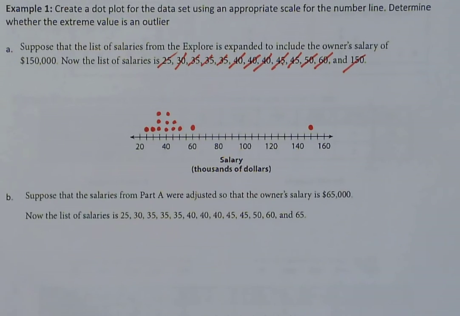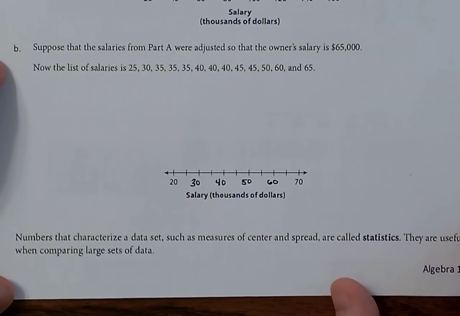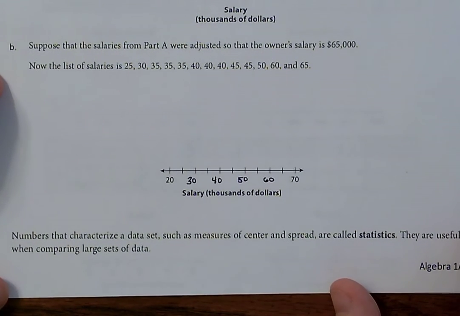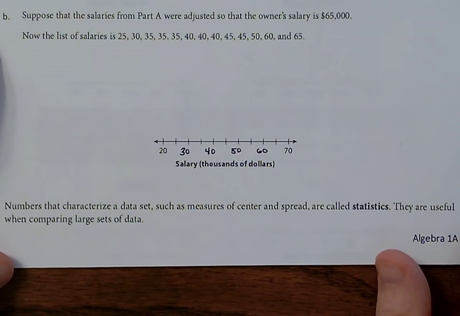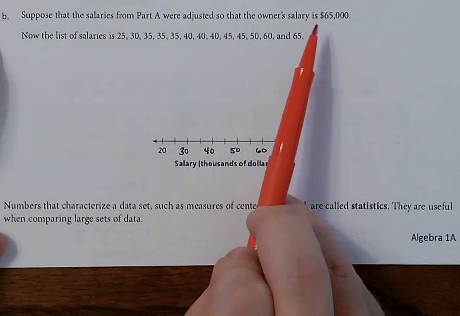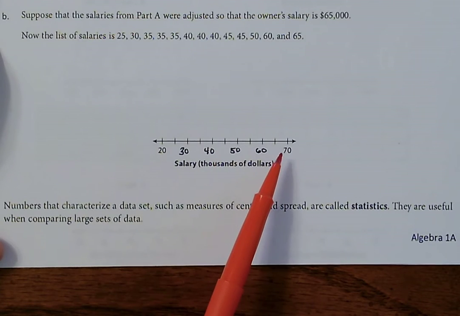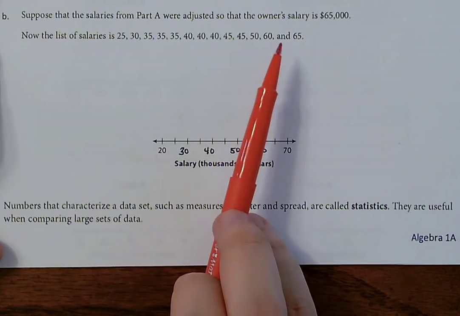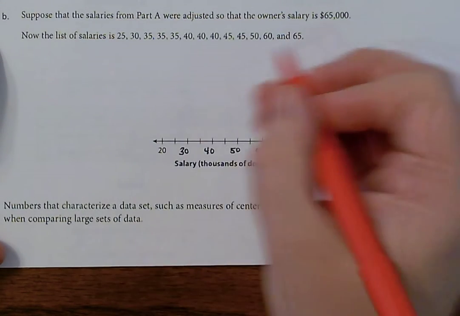So part B wants us to go through and also make a dot plot. We're going to use the same salaries from part A that we just did above, except this time the owner's salary is $65,000. So we have our numbers as these. We need to go through and make a dot plot, and then we're going to consider if 65 is an outlier. So if we start with 25,